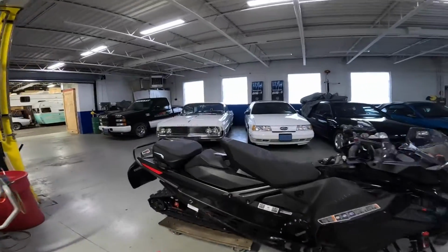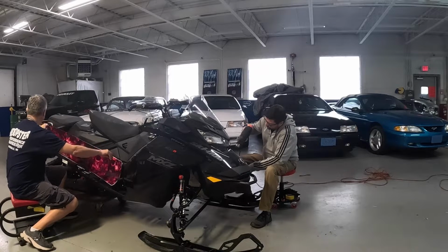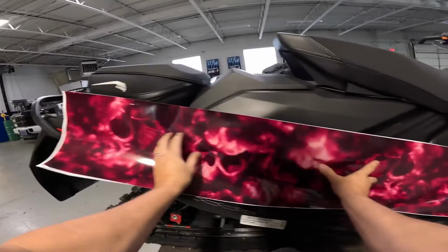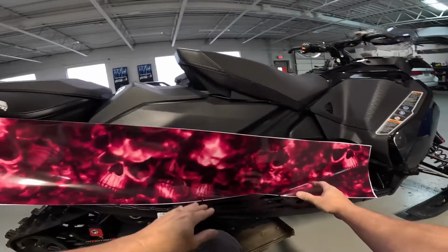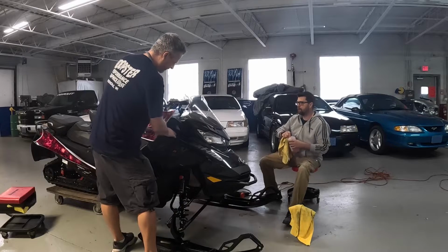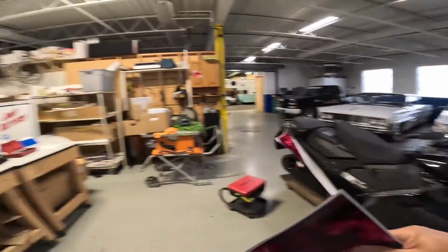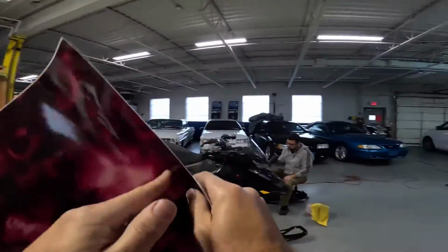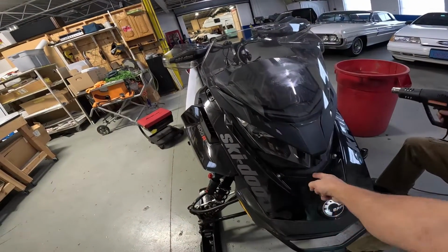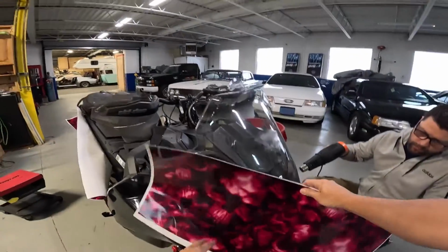So I have these to go down the tunnel. Piece for up here on this little guy, and I was trying to take it all apart, but I can't get this off. Can't get it off? No, some of the screws just don't want to come out. And then these, we're gonna run a seam right down the center. Okay. So we'll put tape there, and then this goes